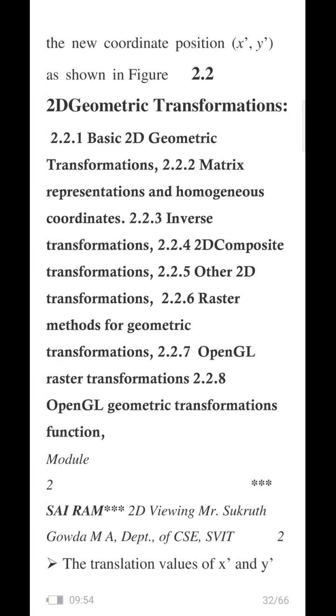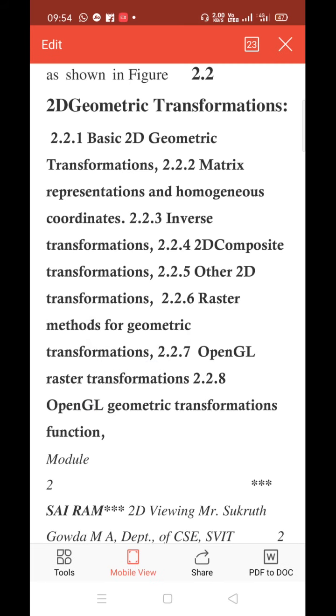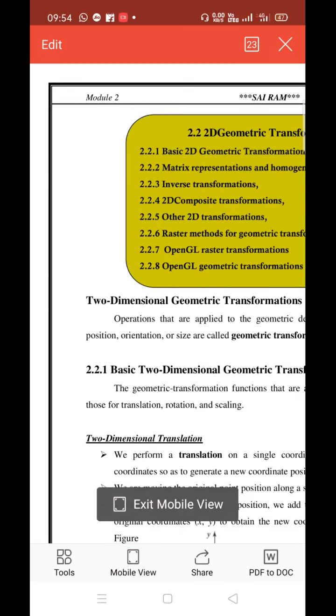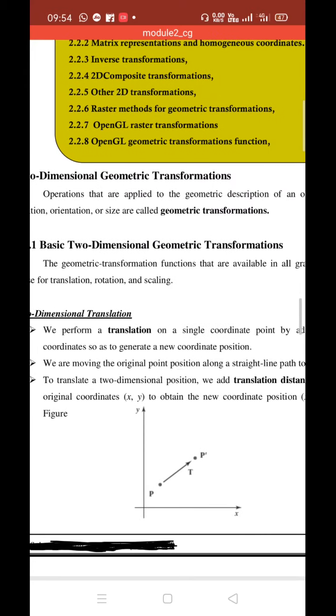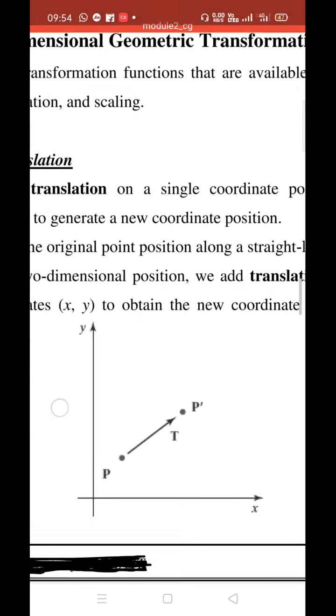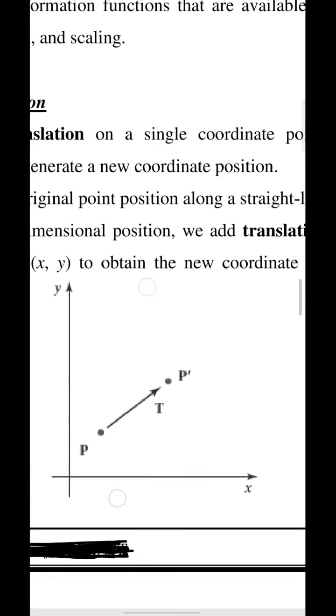To obtain the new coordinate position, let us call it x dash and y dash. Let it be your new coordinate value, say 20 and 20. Diagrams are not visible over here. Better let me change the view. Fine. As what I said, it is given over here. Please understand this. Try to understand this graph.